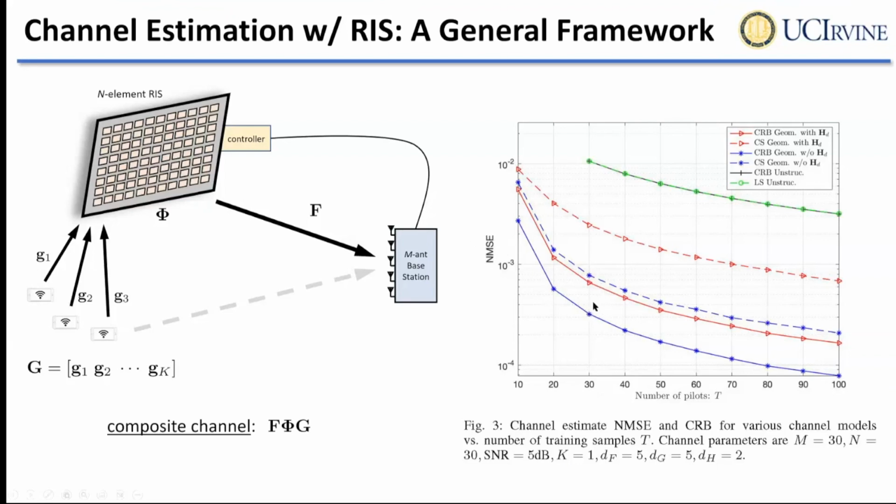The blue curves correspond to the Cramér-Rao bound. The red curves correspond to the actual performance that we achieve by a compressive sensing algorithm. And you notice there's a gap, and that's because of the fact that the compressive sensing uses a grid that will keep you away from the bound, but still with quite a large gain in performance compared with the unstructured approaches. Of course, some of this gain will be lost because we're assuming here a perfect model for the propagation and a perfect calibration of the arrays, but that loss should still be smaller than the gap that we see here. So there is a gain to be had by using structured channel models in situations where the propagation is